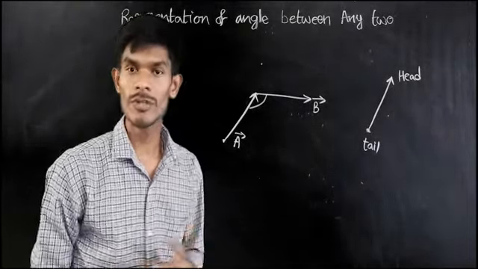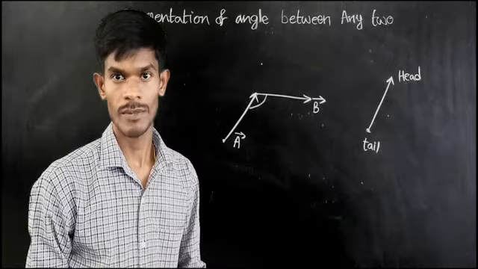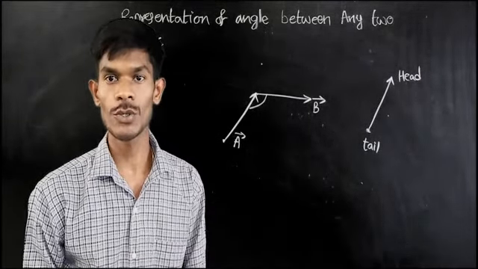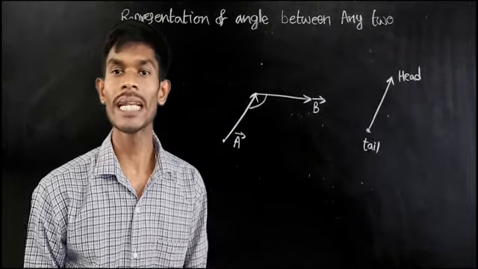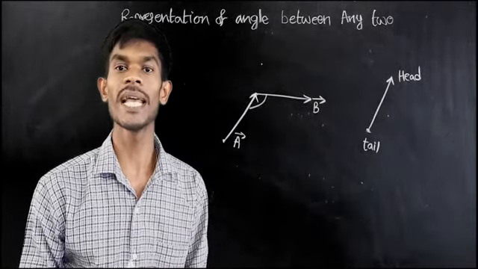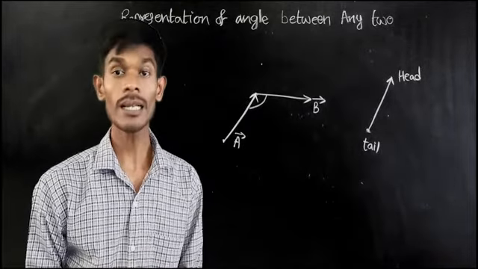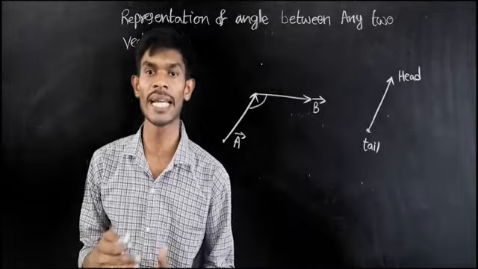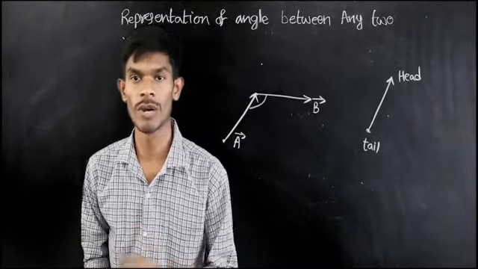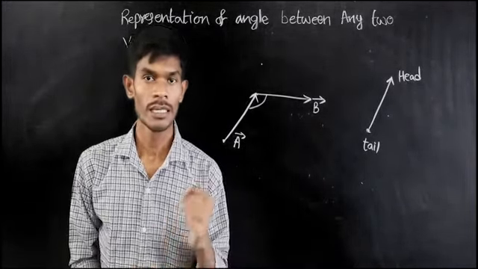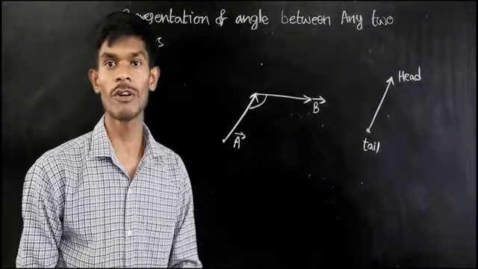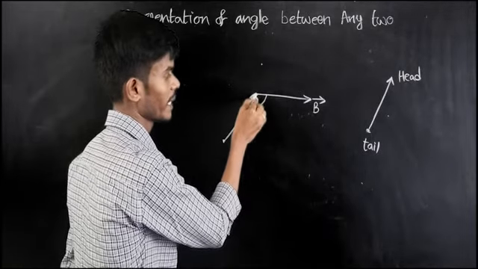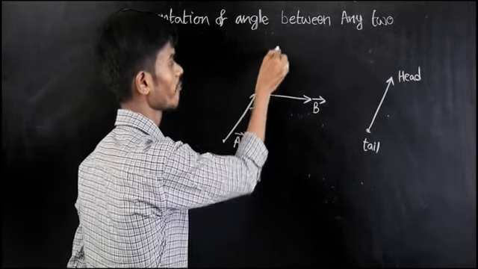So, by making use of free vectors. What are free vectors? Without changing the magnitude and direction, we can displace a vector from one place to another place. The position of the vector can be displaced without changing the magnitude and direction, and that is known as a free vector. That is what we have discussed about free vectors.